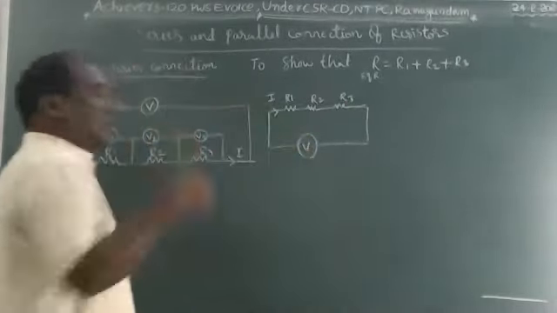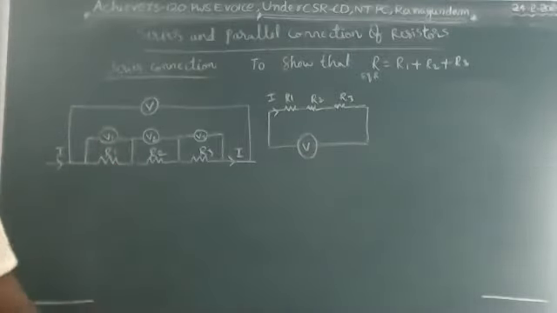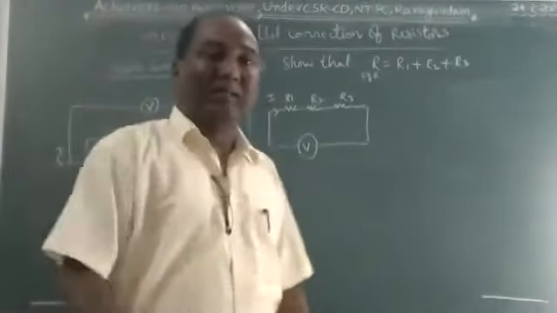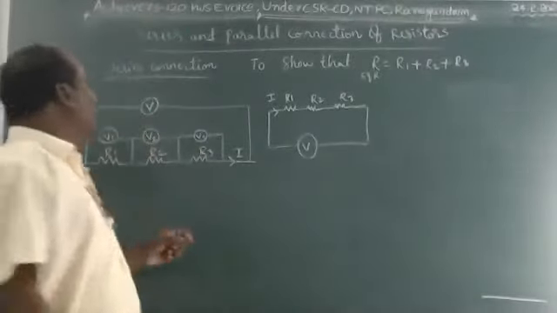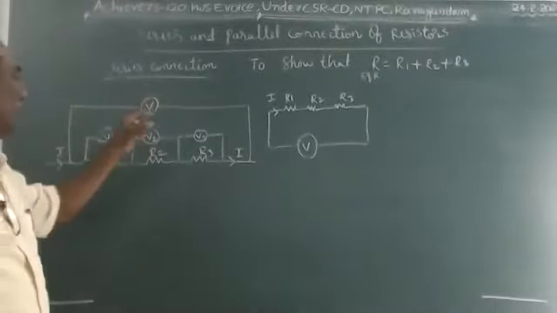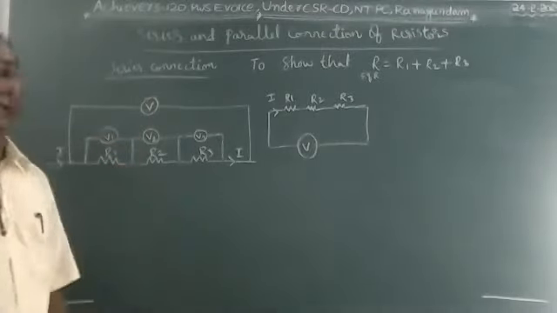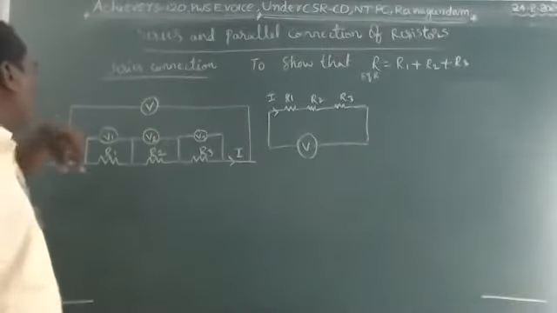Current I is flowing. So these are two circuit diagrams, children. We have to draw any one of these for the series connection. The series connection means the current flows in a single path. In a series connection, current flows through the resistors equally, but voltage is divided among them. Okay, children.